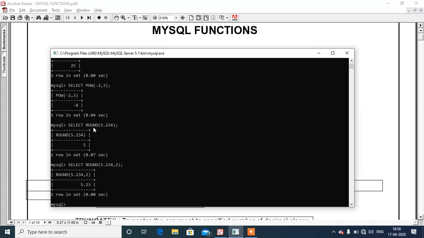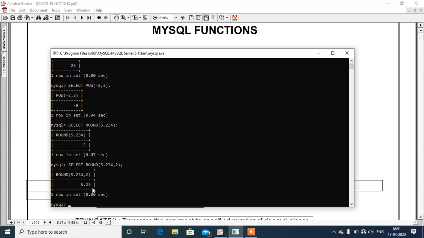In the previous case, we haven't passed any round value. At that time the decimal places will be discarded and we will get only the integer value as a result. But in the second case, we have given 2 as the round value, and we will get 2 values after the point.